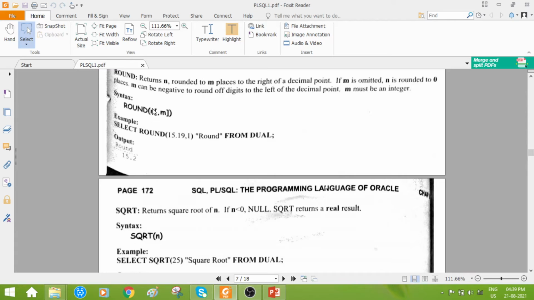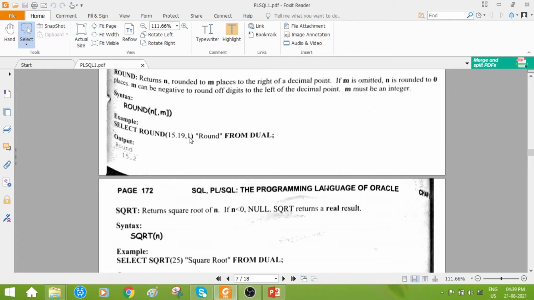The actual number, the decimal number, like 15.19 here, which is held by n. Now after the comma, what is the value I am finding? 1. They are telling us m should always be an integer. M represents 1 here. It should always be an integer data type.